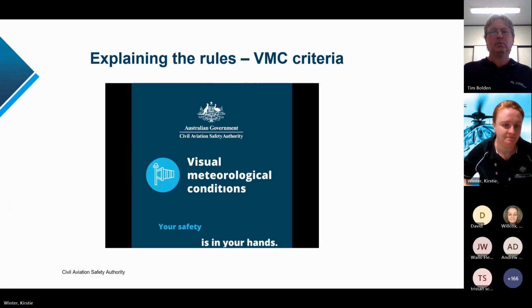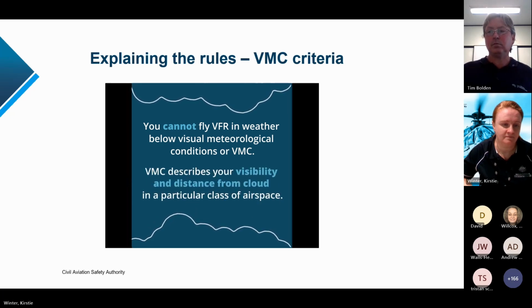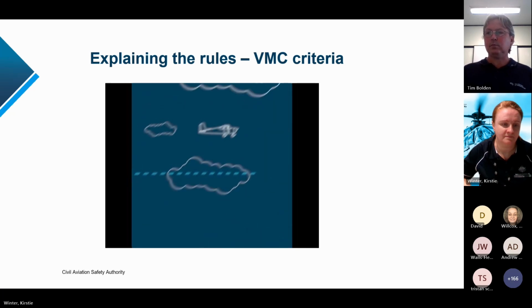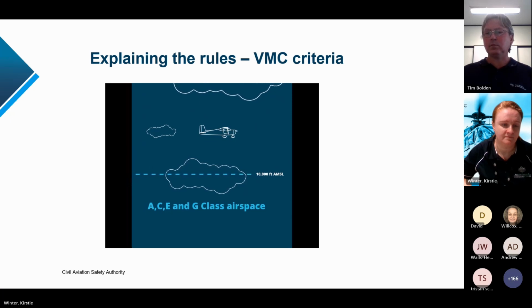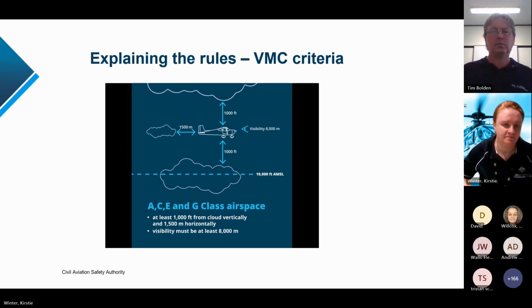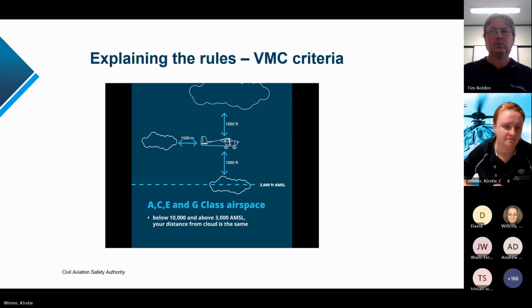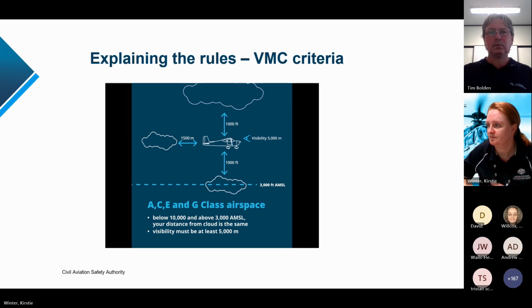Visual meteorological conditions. You cannot fly VFR in weather below visual meteorological conditions, or VMC. VMC describes your visibility and distance from cloud in a particular class of airspace. In A, C, E or G class airspace, you must be at least 1,000 feet from cloud vertically and 1,500 metres horizontally when you're above 10,000 AMSL. Your visibility must be at least 8,000 metres. Below 10,000 and above 3,000 AMSL, your distance from cloud is the same, but visibility must be at least 5,000